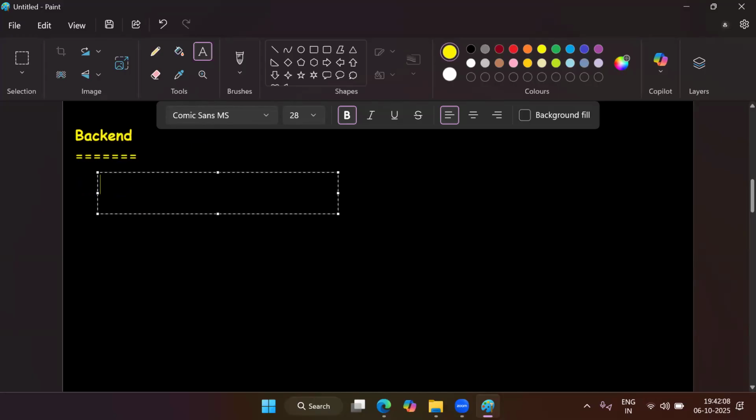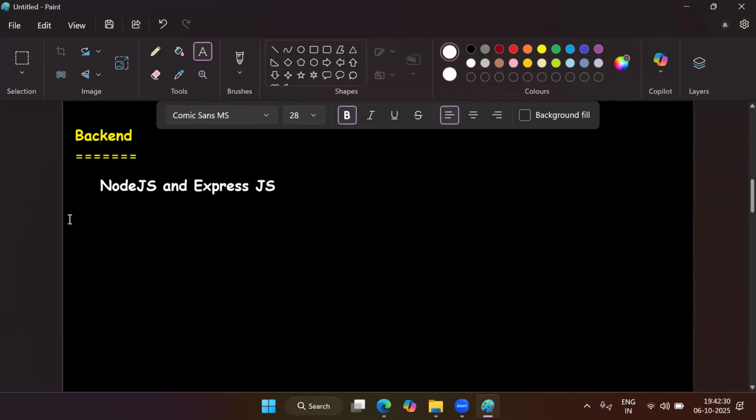Even if you don't know how to create REST APIs, it's okay. Here you are going to learn how to develop REST APIs, how to test REST APIs, and how to implement a backend application. And we are going to develop the backend application using Node.js and Express.js. Now, when we are developing front end and backend, we require a database also.